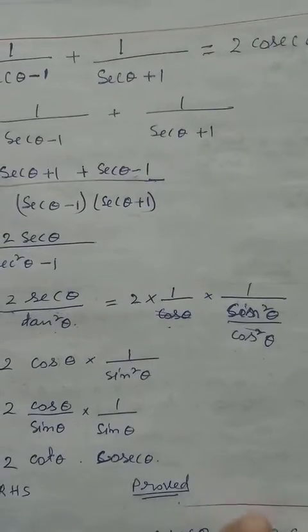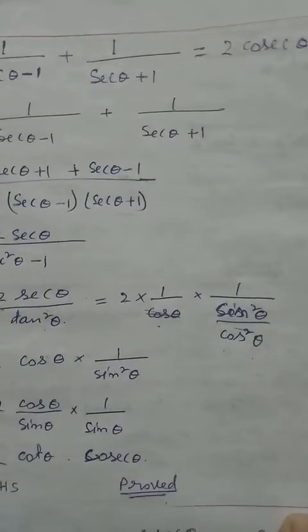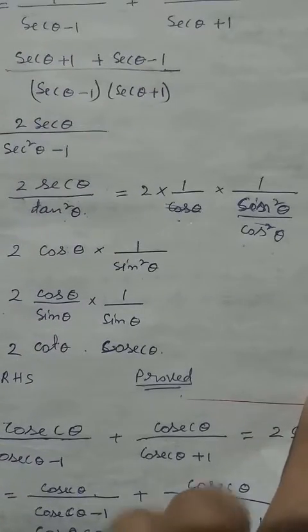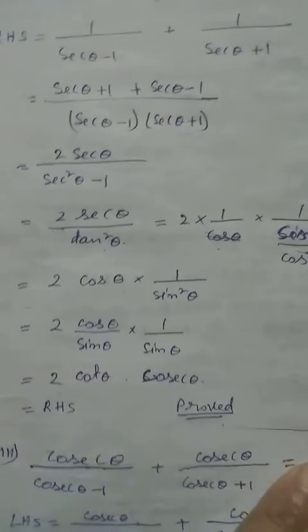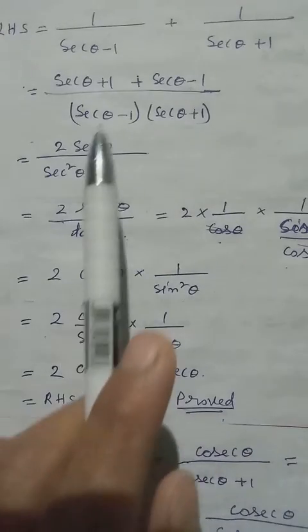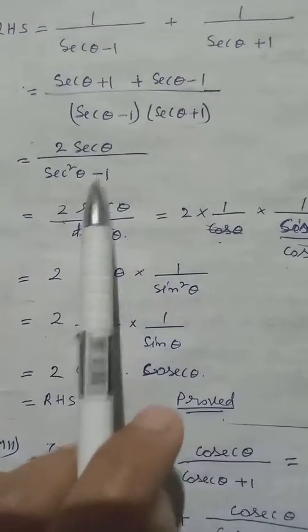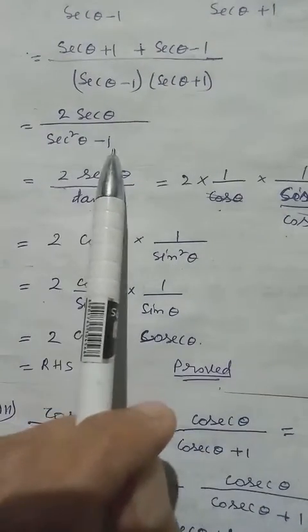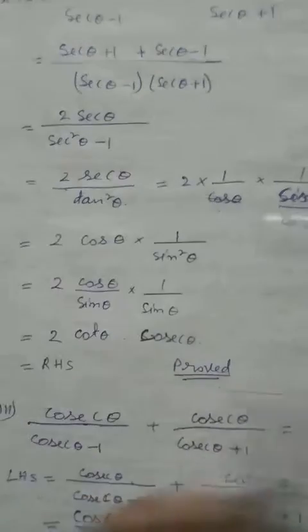But in the right hand side, what we want, that we have to check, okay? We want only two cosec theta and cot theta. So we'll try to change everything to that. Then here, a minus b, a plus b, a square minus b square, 1 into 1, 1. So we can use identity, sec square theta minus 1, we have tan square theta.